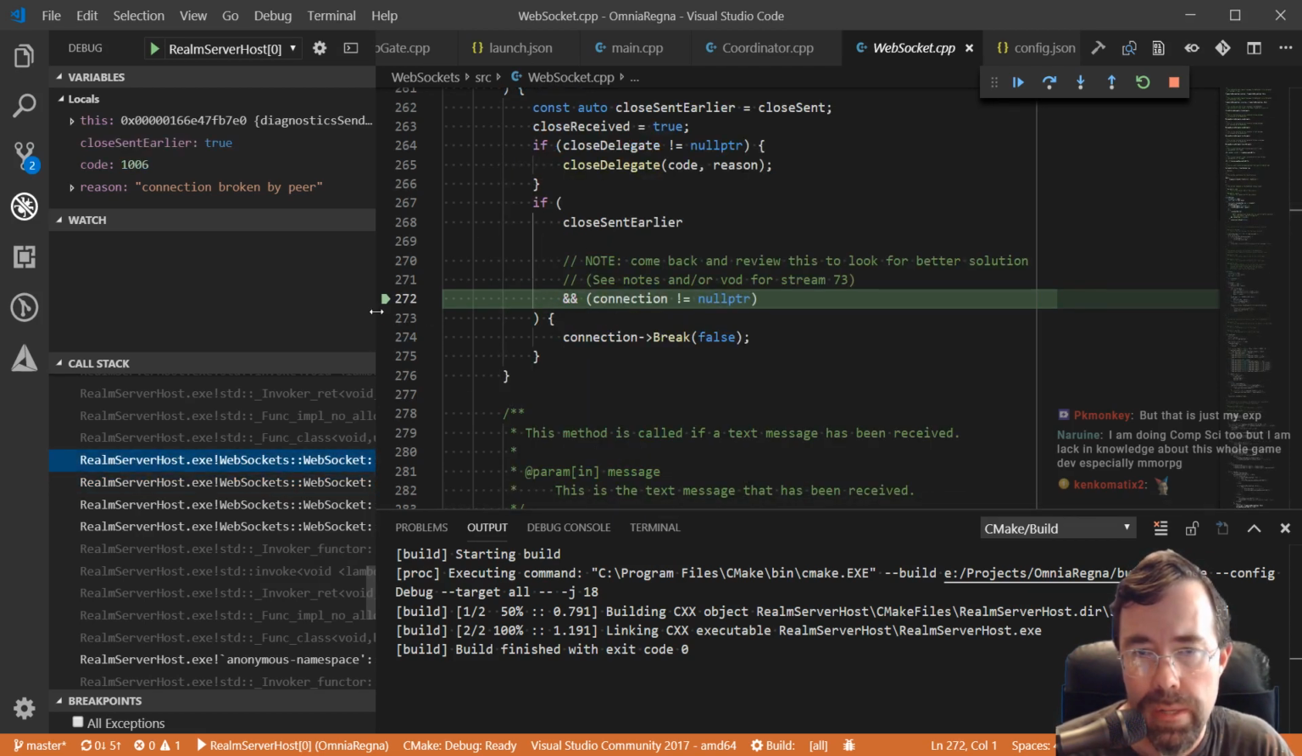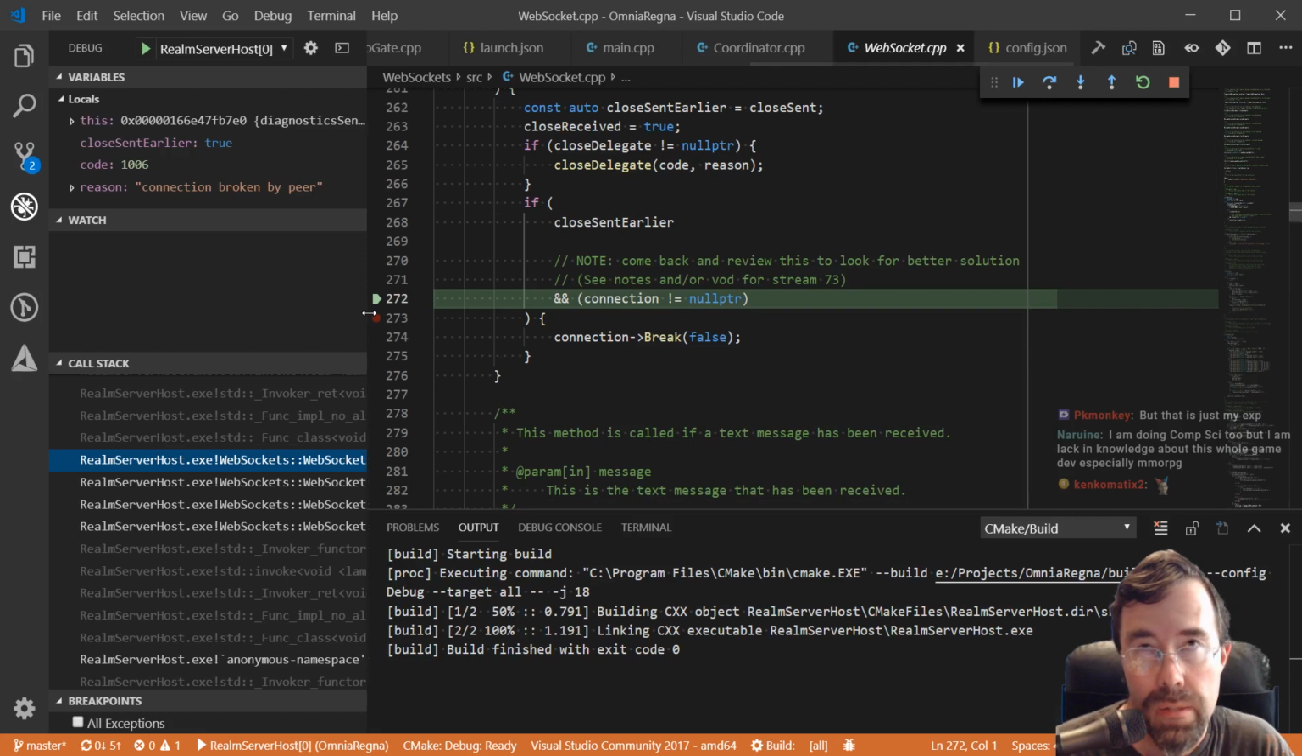So yeah, I'm just debugging, I don't know if you saw it earlier, but if you were here, there's a mutex being destroyed while locked. Okay, so at this point,